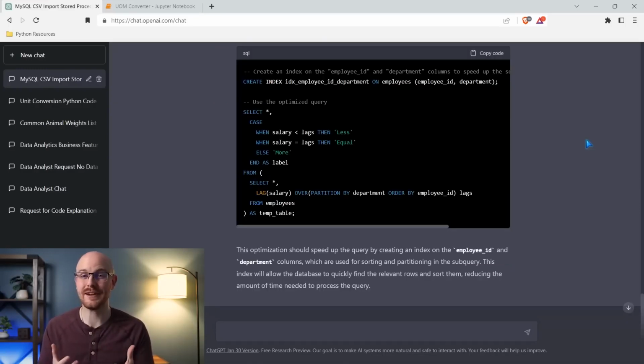So what it's actually doing here is creating an index. This is a way that you can optimize code, although for this code, that's not exactly what I was wanting. I wanted it to optimize the query and not create an index, which does speed it up. That is a fact, but I'm going to now say,